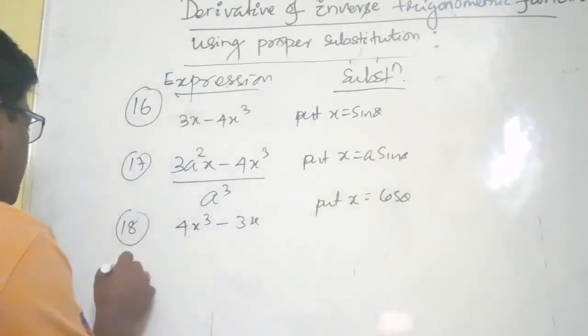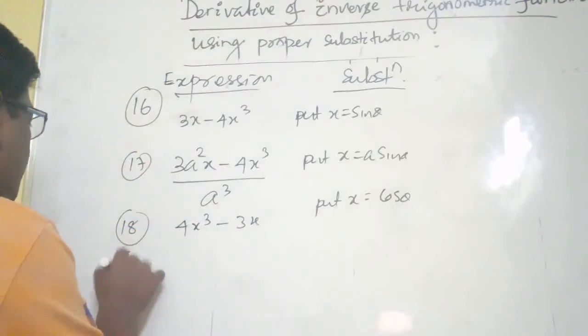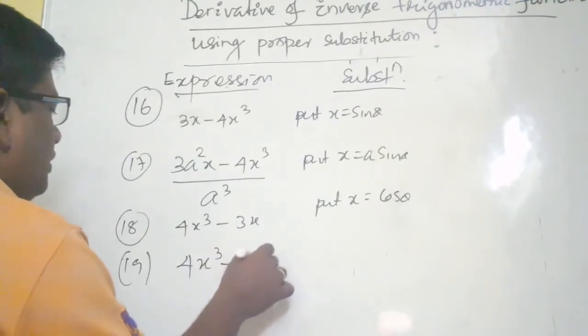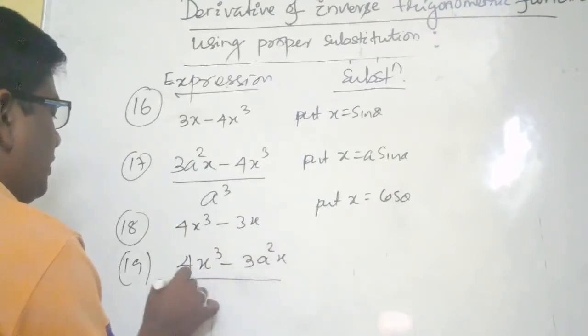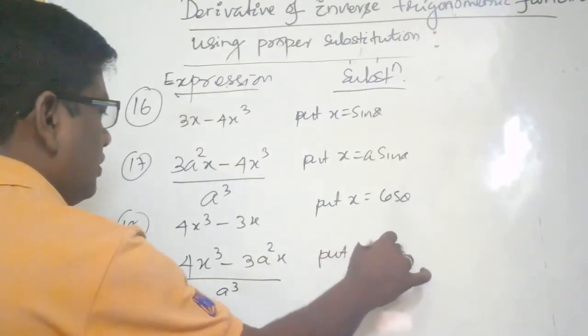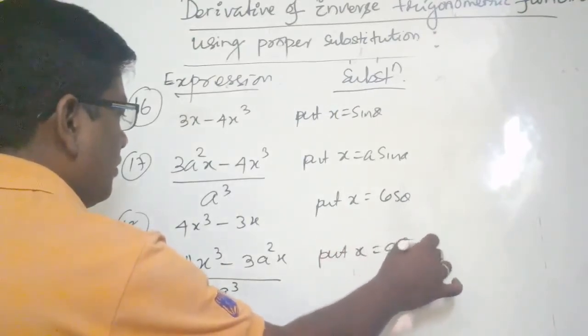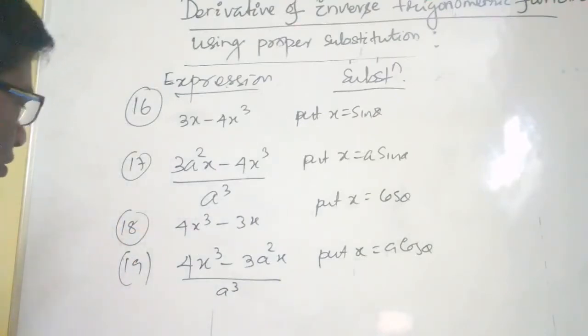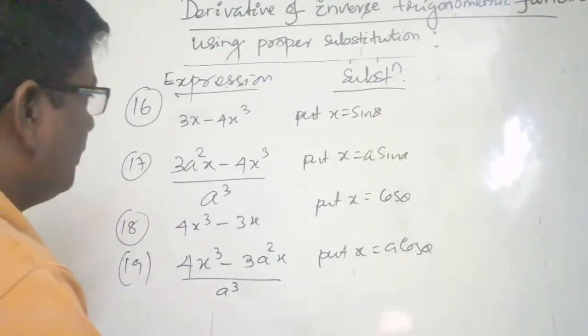And 19, 4x cube minus 3a square x by a cube. Put x is equal to a cos theta. Clear? And another, then 19,